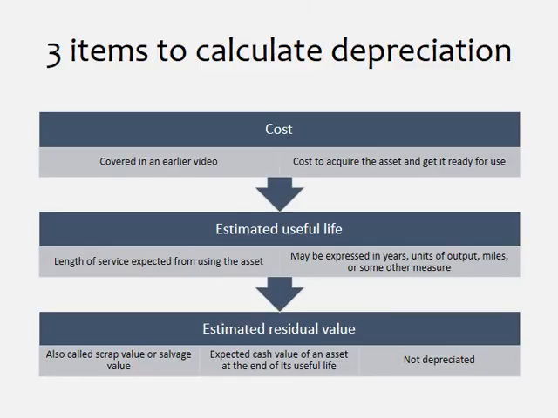To measure depreciation for a plant asset, we must know three things about it. 1. Cost. 2. Estimated useful life. 3. Estimated residual value. We have discussed cost, which is a known amount. The other two factors must be estimated and will be provided in exercises. In real life, companies have to estimate both the asset's useful life and residual value.